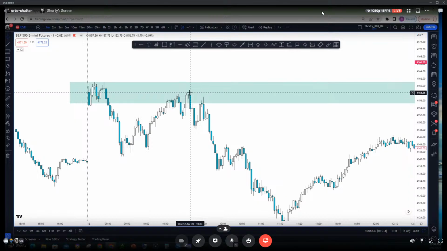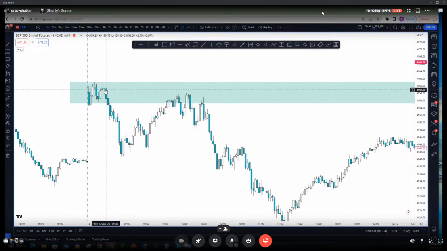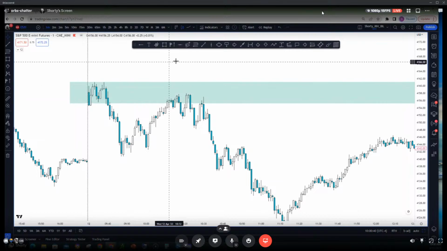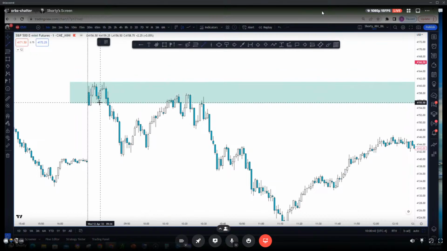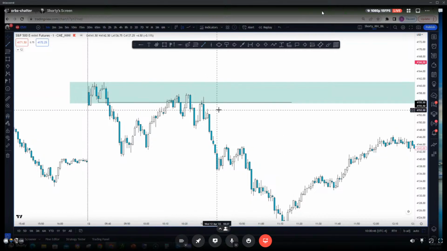You can wait for a confirmation where the character actually changed, right? So here you made a higher high, you made a higher low, and then this is where your character changed to the downside, this candle right here. I'm only on 1 minute, guys. This is where your change of character happened. Do you guys agree?